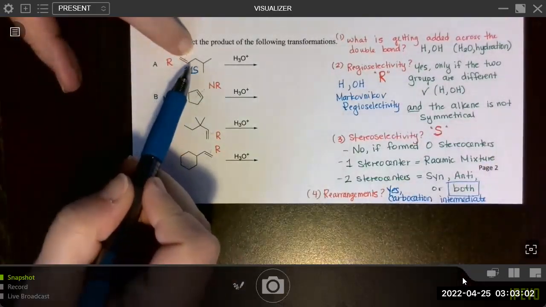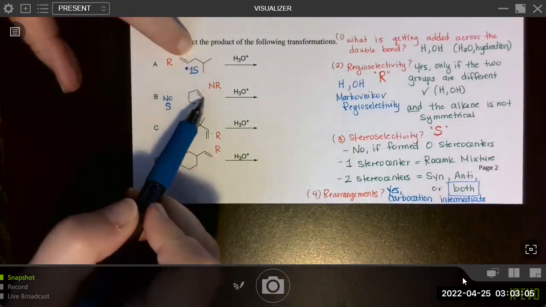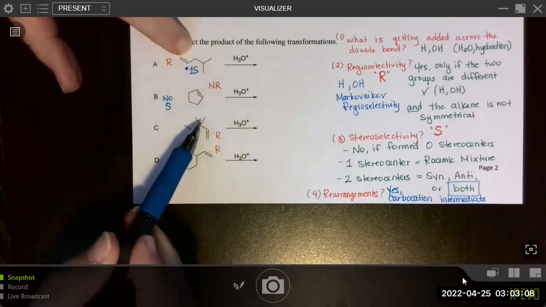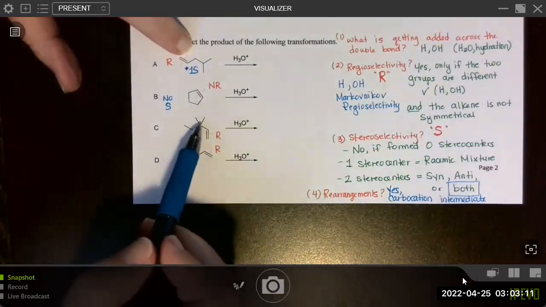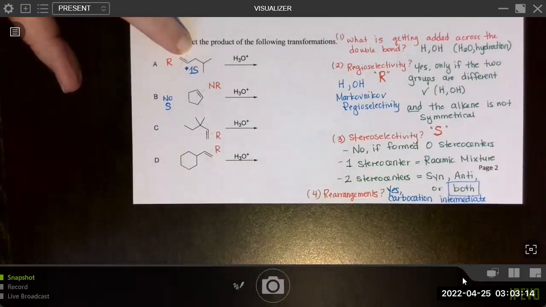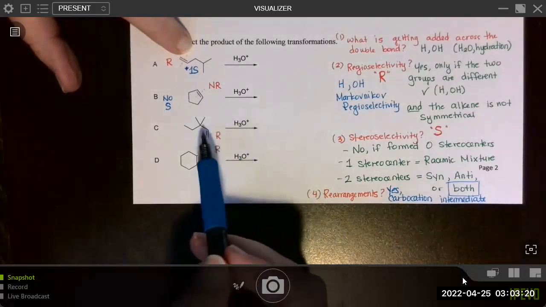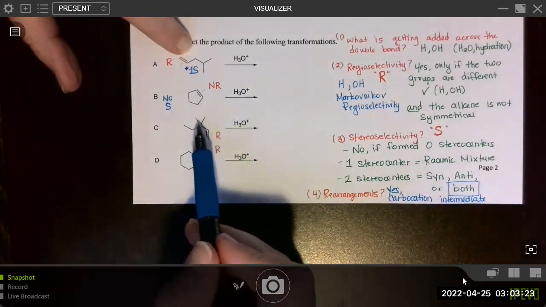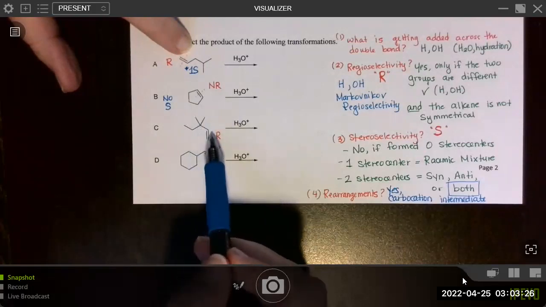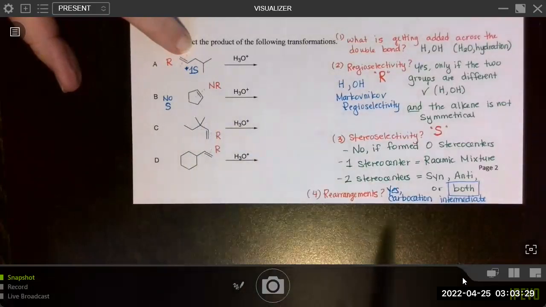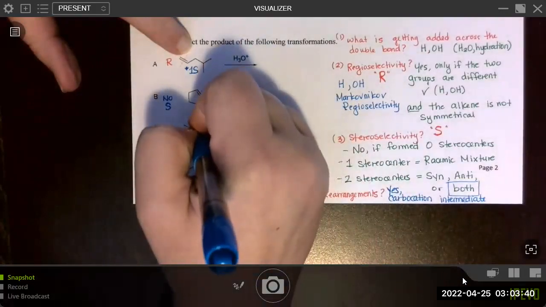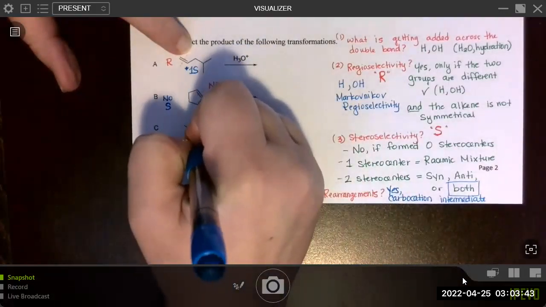So this secondary carbocation will not rearrange. This secondary one would not rearrange, but this one will rearrange. So we are actually going to get a shift of this methide group. So that's going to be important. And then the OH group will end up here. So this will be methyl, OH, ethyl, and isopropyl. So we will get a stereocenter. So we do want to consider that we will get a racemic mixture. So I'm just going to put a little note right here. We'll get 1 stereocenter.